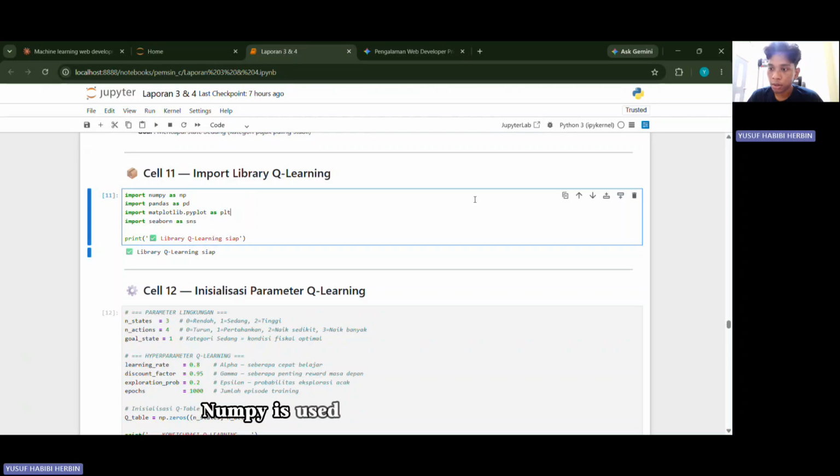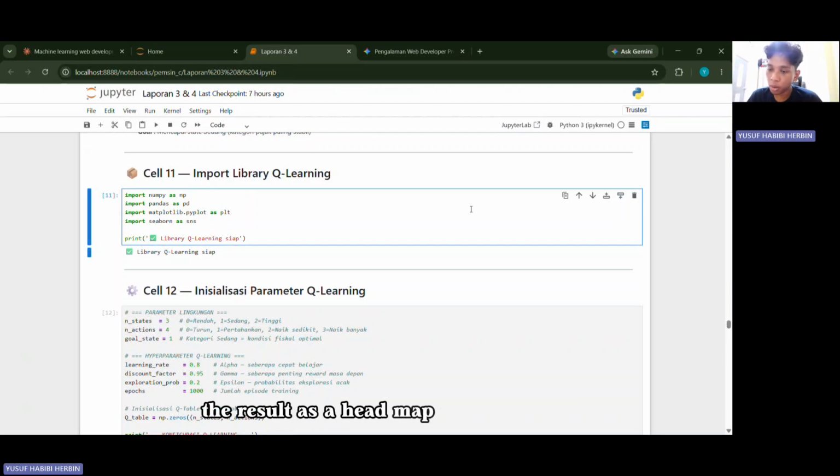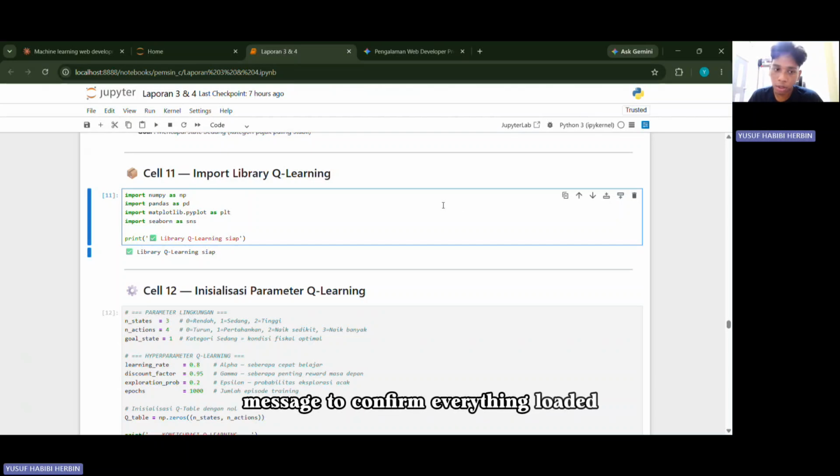NumPy is used for matrix operations and fast numerical calculation. We need it to build and update the Q table. Pandas is used to display the Q table in a clean table format. Matplotlib and Seaborn are used to visualize the result as a heat map or chart. After all imports are done, the program prints a success message to confirm everything loaded correctly.